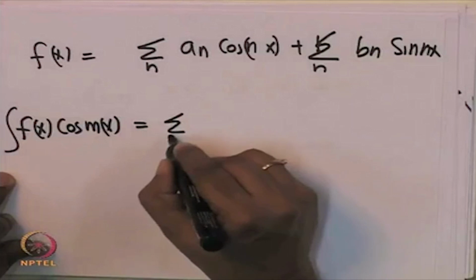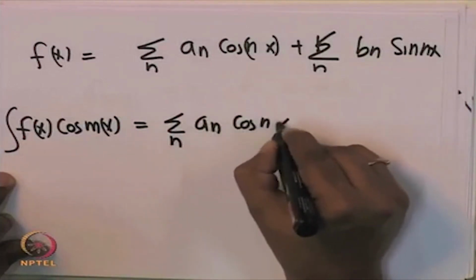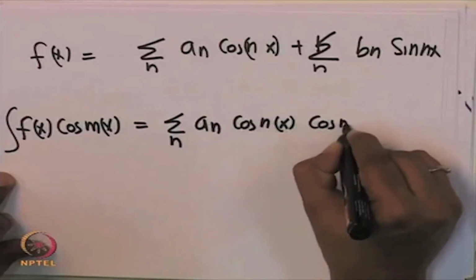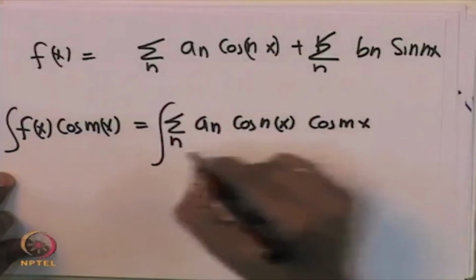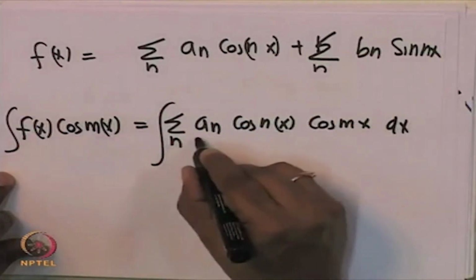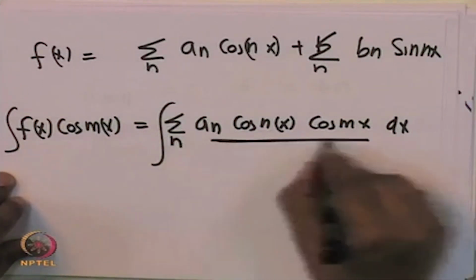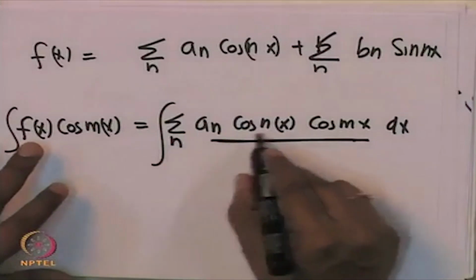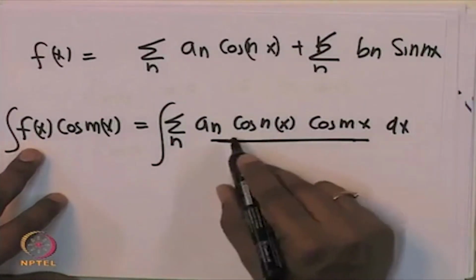What do you get? Sum over n of a_n, cos nx cos mx, integral dx. For various values of n, this will be 0 for all values of n except where n equals m. So, when n equals m, this is 1. So, you will get